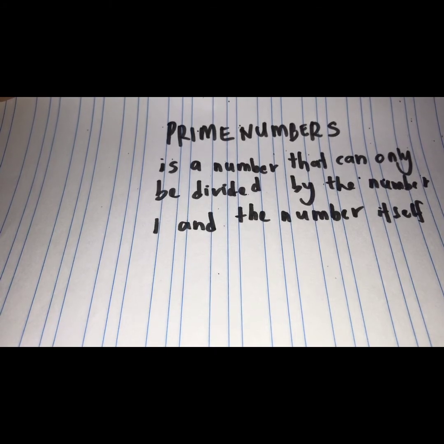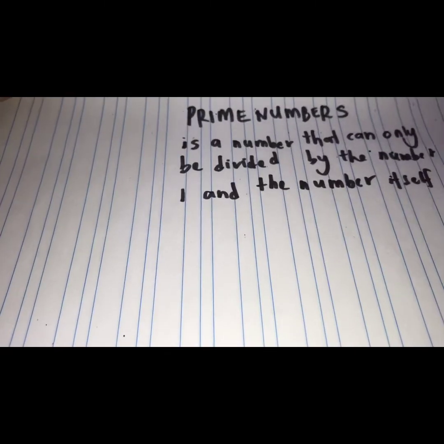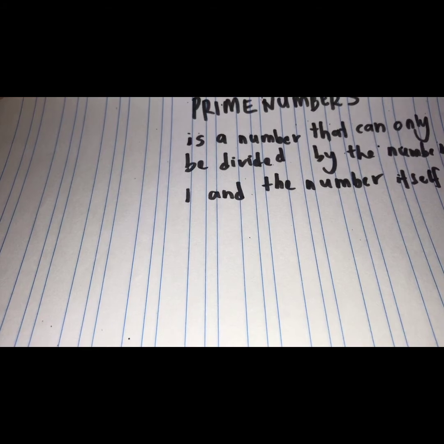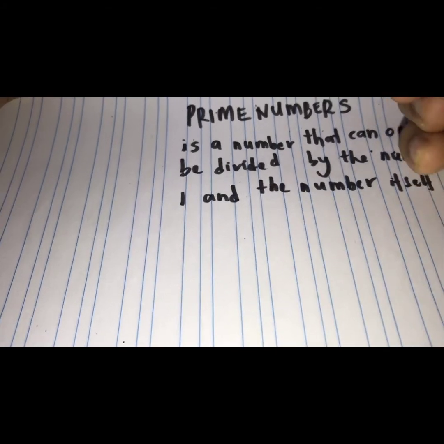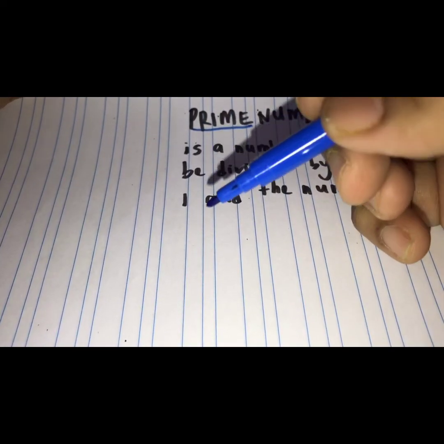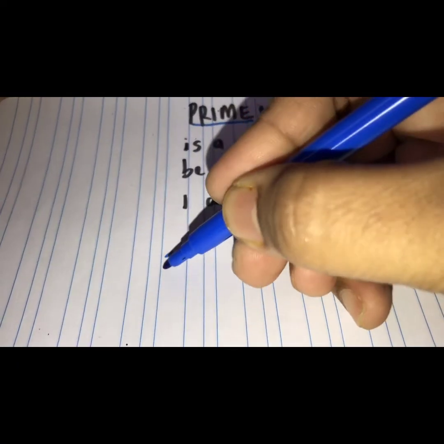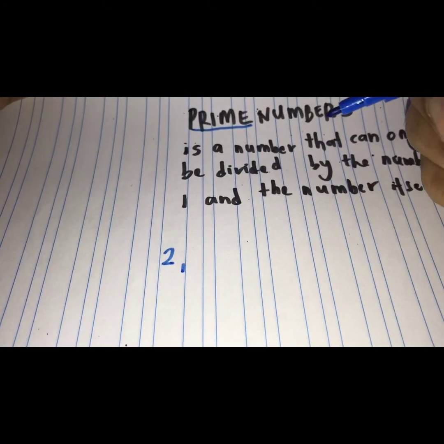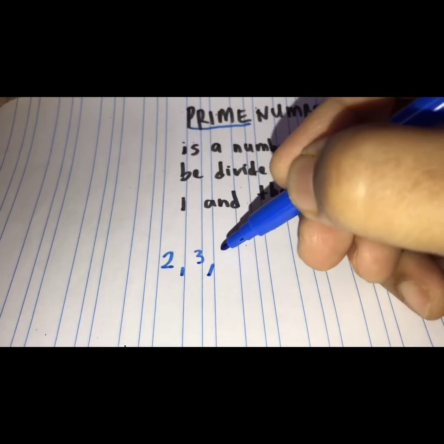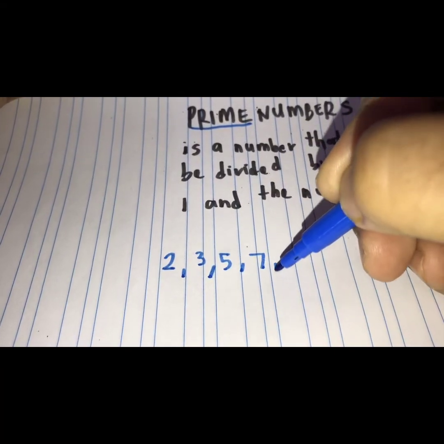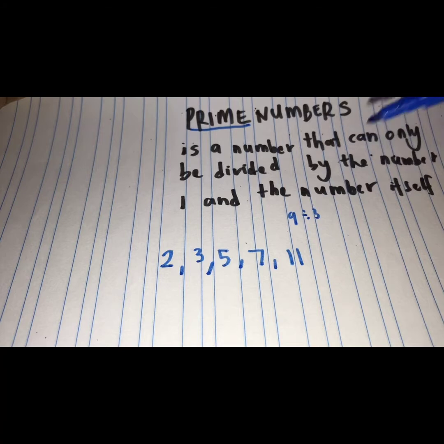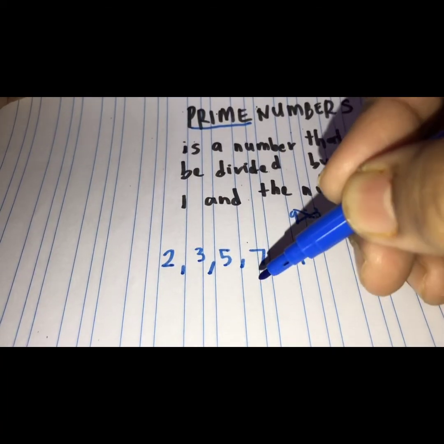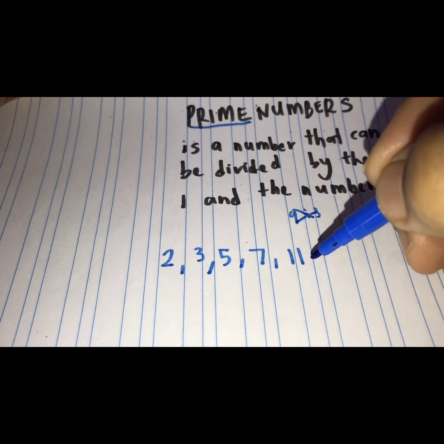Okay, prime numbers, the smallest prime number, we start with number 2. Okay, you have to understand and memorize the prime numbers below 100. Okay, because it's very important. So prime numbers start with number 2. This one is the smallest. 1 is not prime. Okay, 2, followed by 3, 5, 7, 11. Okay, 9 is not prime, because 9 can divide by 3. Continue with 11, and then we have 13,